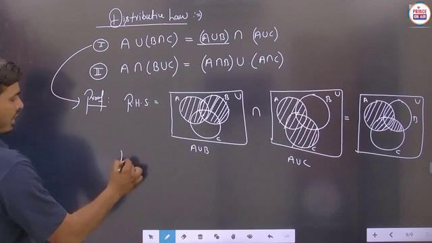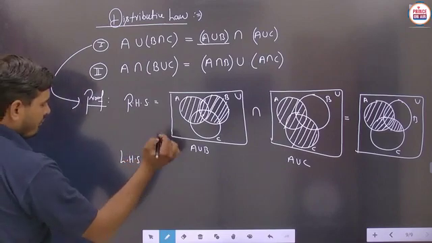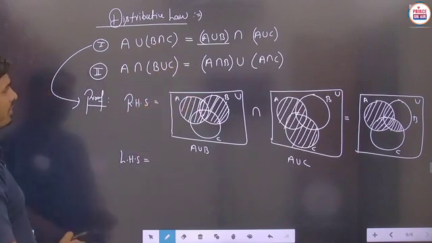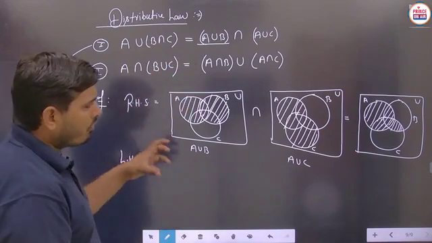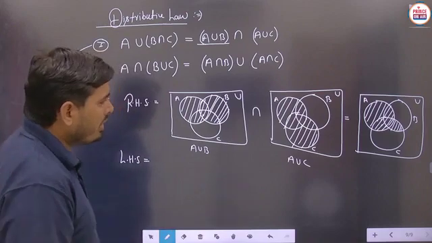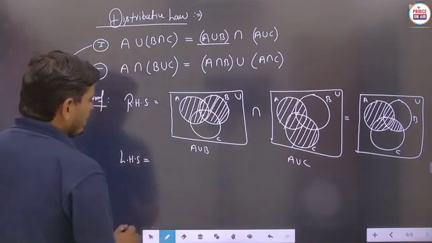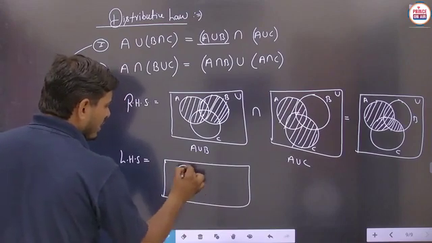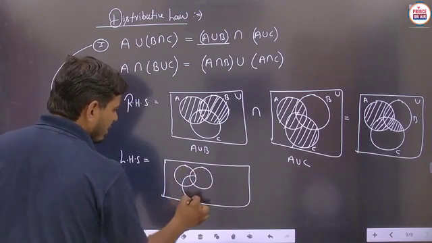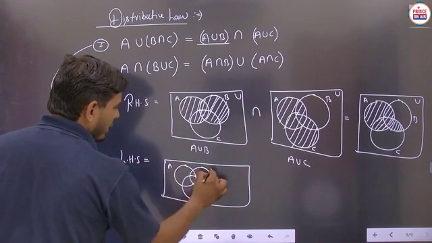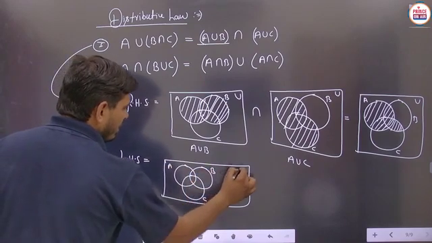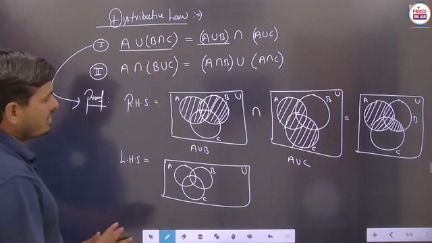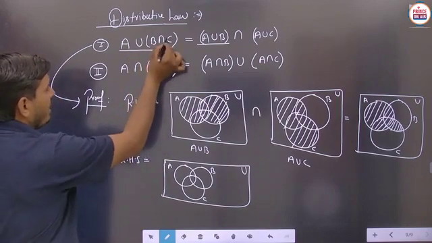Now we will take the left hand side diagram. So in the left hand side, A union B intersection C, means the whole part of A is to be taken, and as well as we have to take the B intersection C. So this Venn diagram you can make here. Suppose this is set A, this is set B and this is set C. So again we have to plot the diagram of A, B and C sets. Here union operation. Now we will take this left hand side part. So left hand side says A union B intersection C.